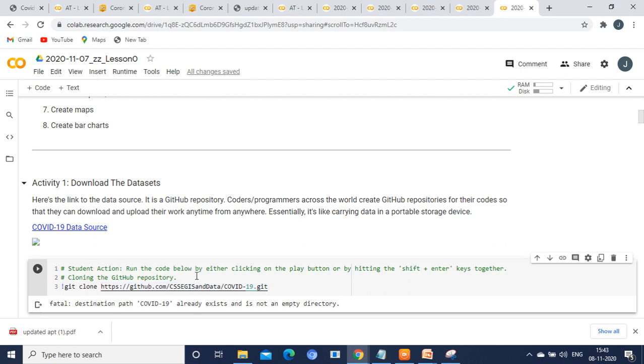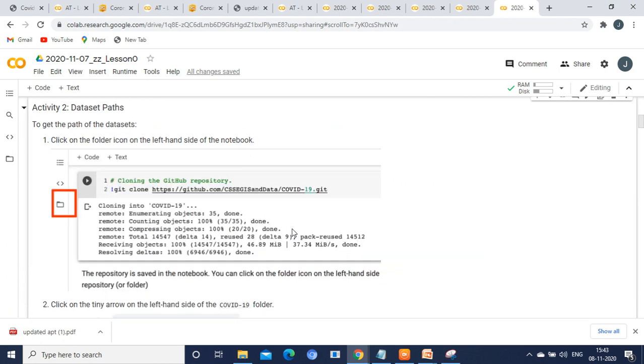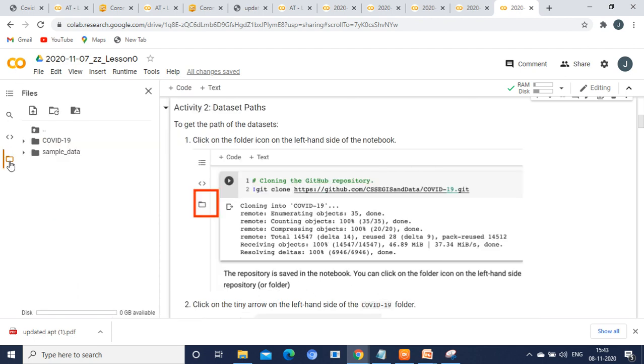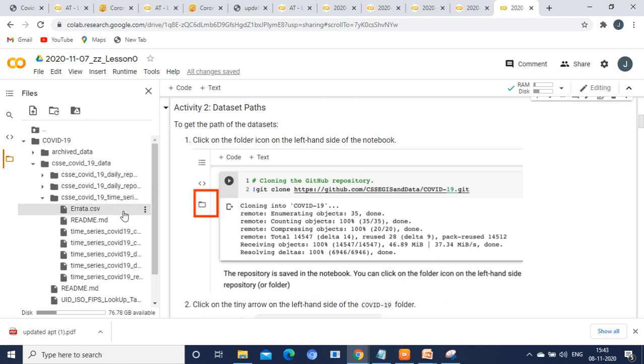Now, the second activity is the data set path. We are just going to find the data set in the specified path. For that, you need to ask the interviewer to click on this folder icon, then click on COVID-19, and after that click on CSSC underscore COVID-19 data. There we are going to use time series data.